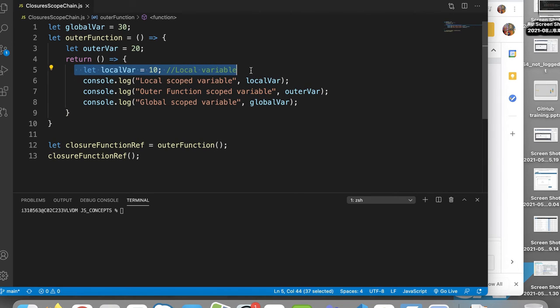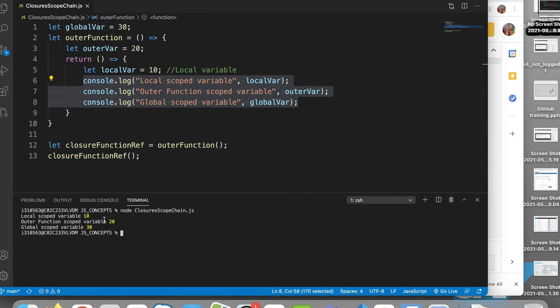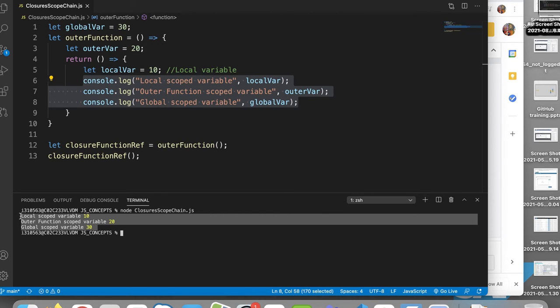Here the local variable, a variable defined at the level of the outer function's scope, and one variable global var which we created at the global scope level. So let's execute and see whether the closure can access all these three variables or not. Yes, now you can see we are not facing any reference errors or undefined errors. We are able to access all the three scopes within our closure function.